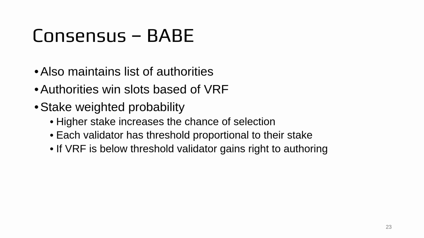So the higher their stake, the higher that threshold is going to be. And if their verifiable random function generates an output that is lower than the specified threshold, then the validator gains the right to author the next block. And so it can easily be seen that the higher the stake, the more chances the validator gets to have that output be lower than the threshold. And so they gain more authoring rights more frequently. So that was that for